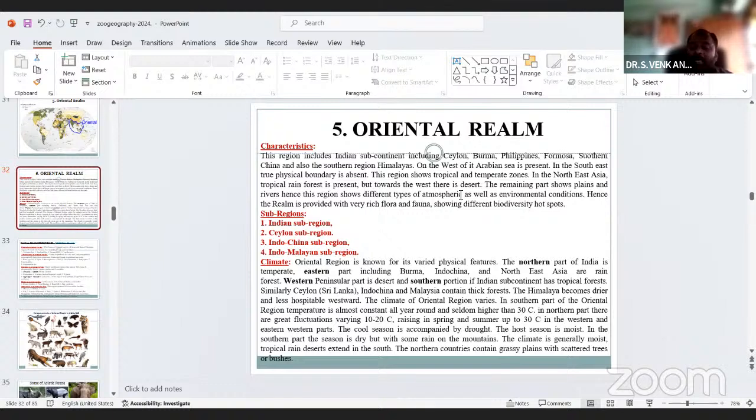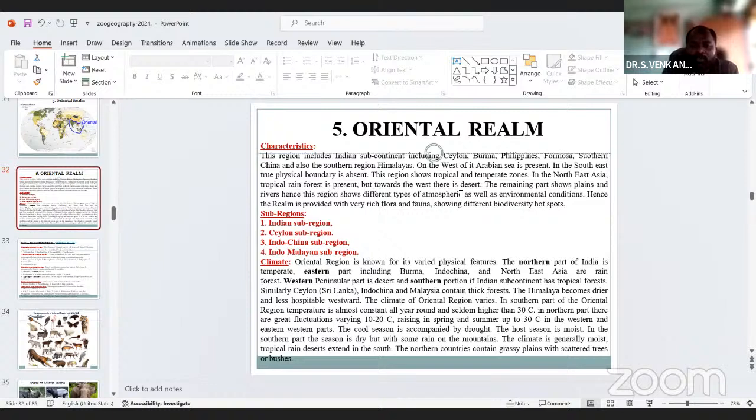So what is the climate of this Oriental region? The Oriental region is known for its variety of physical features. The northern part of India is temperate. The eastern part, including Burma, Indochina, and northeast Asia, has rainforests. The western part is desert, and the southern portion of the Indian subcontinent has tropical forest.